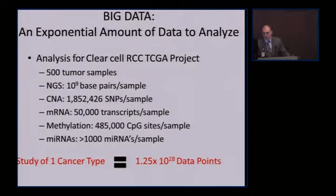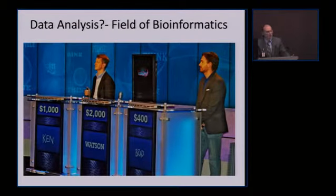present, to study one cancer in TCGA you have an enormous number of data points, and we need computer analysis to understand and interpret these events. But then you need a clinician who understands how to bring it back to the bedside and make some of these things relevant to patients. And here's just a picture of Watson, he's in the lead right now, and Ken, our former champion, is